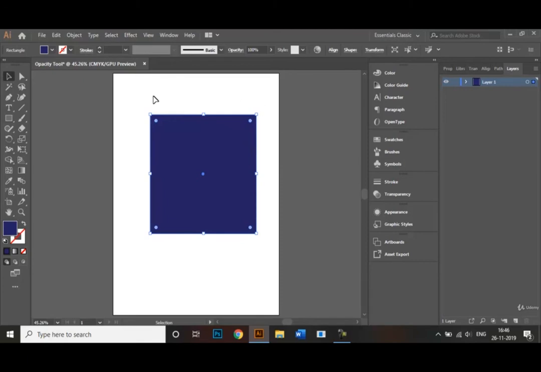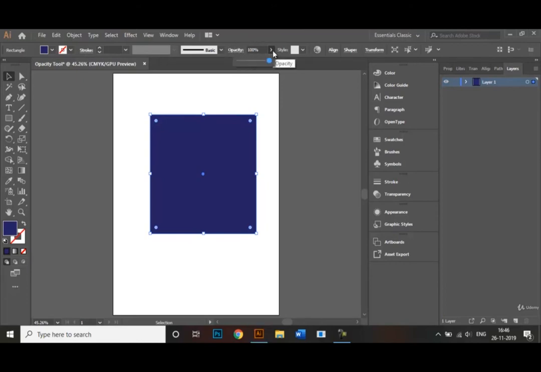Okay, so while my square is still selected, I now want to reduce the opacity of it, right? So I can control the opacity by clicking on this opacity tool right here on the top.